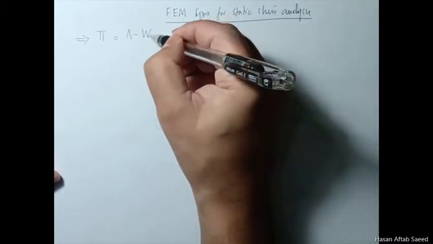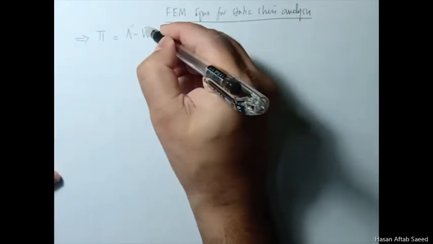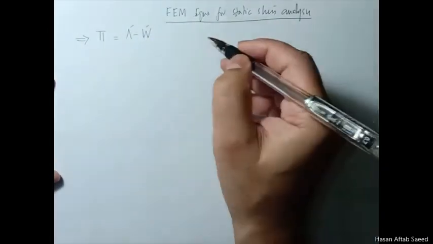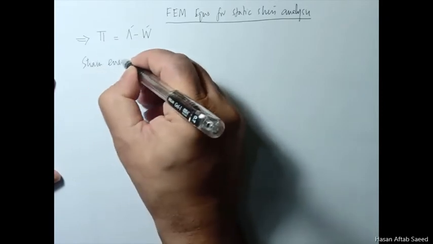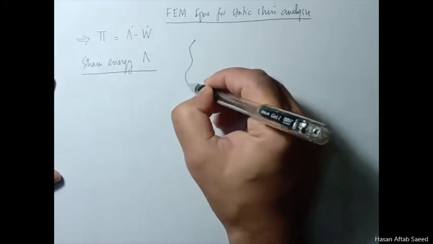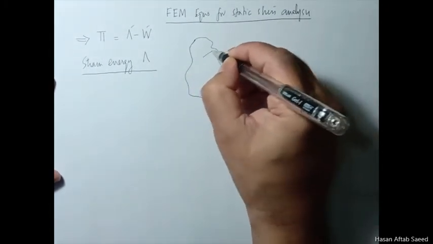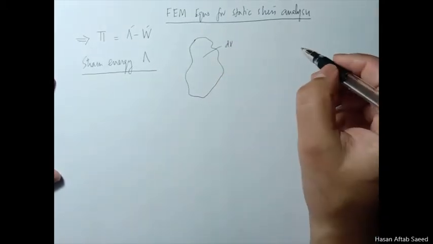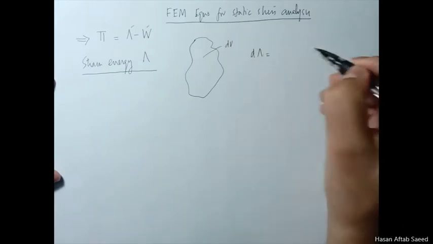This is the strain energy. This is the work potential. Let's take one by one both these terms and see what we get. Now, starting with the strain energy, in any solid, let's take a differential volume dV, and for this differential volume, the strain energy d lambda will be